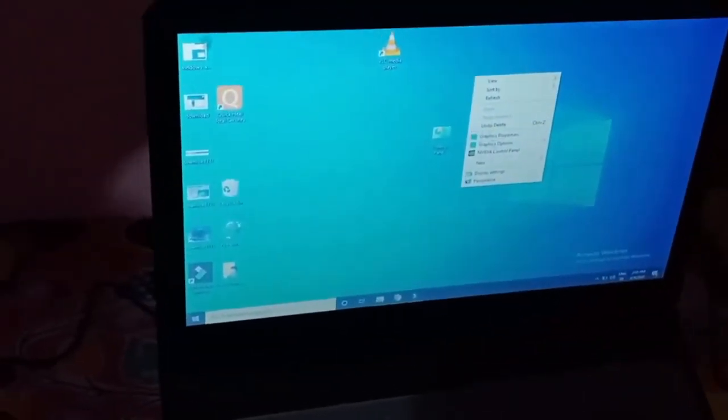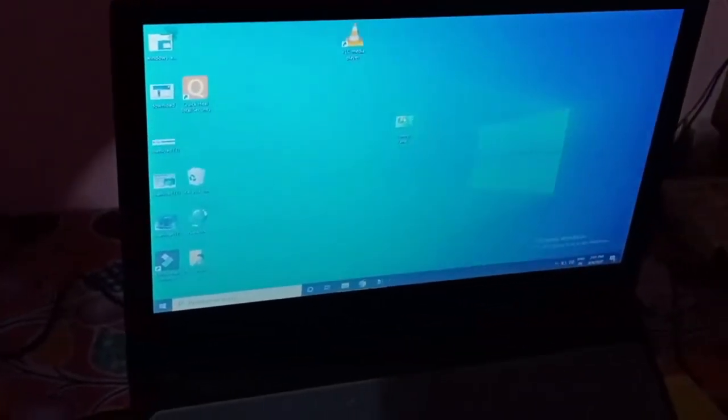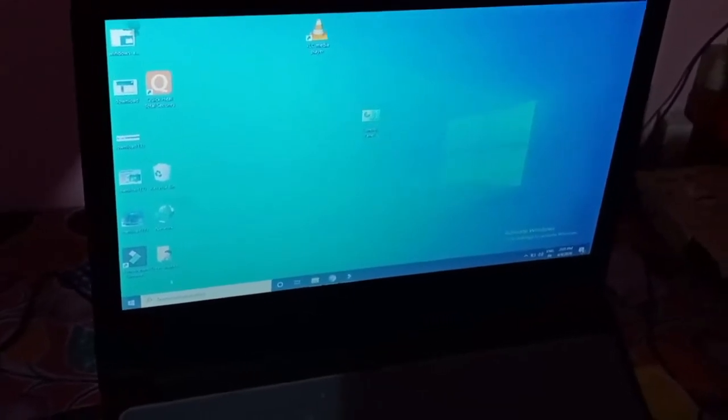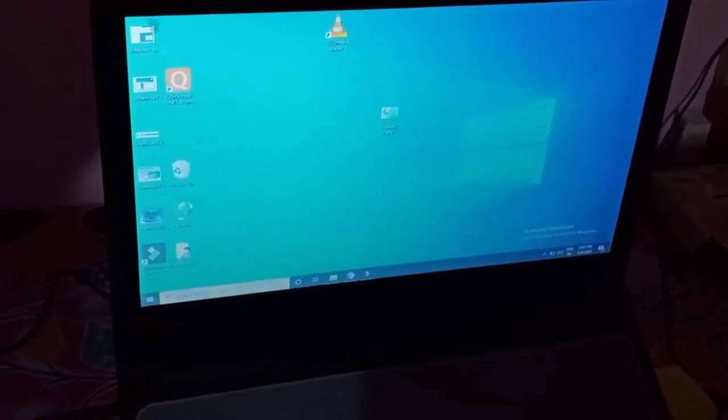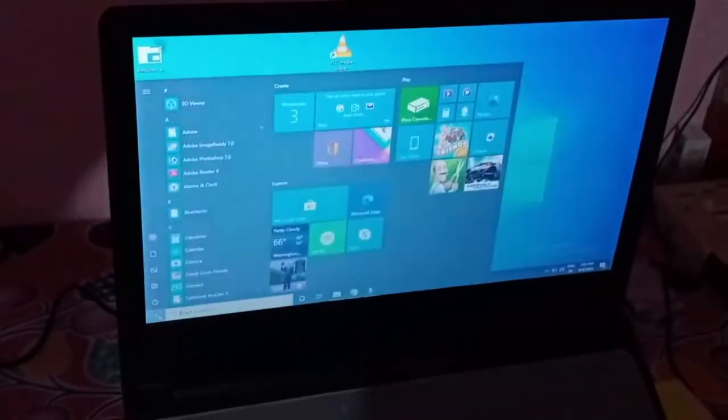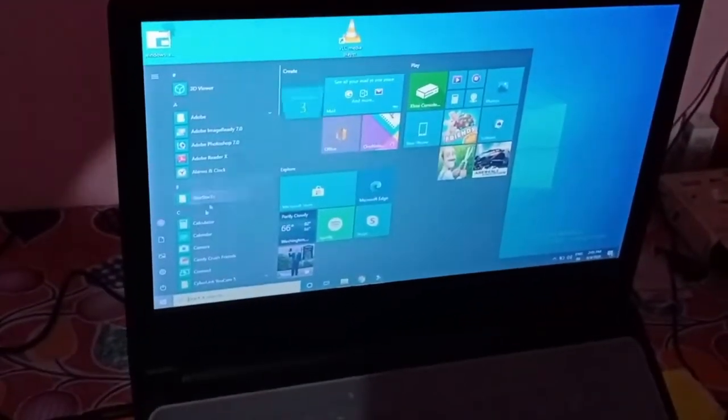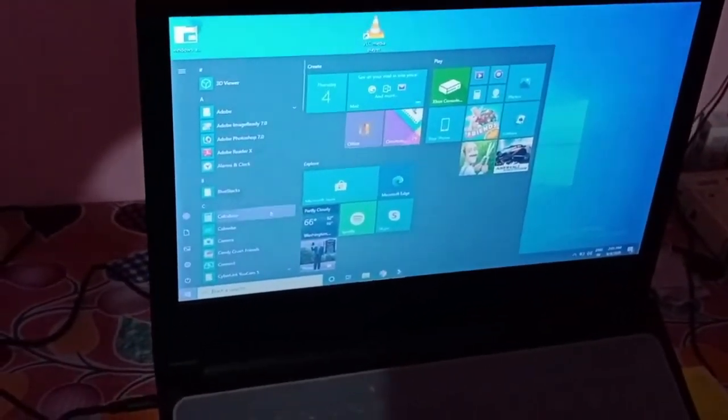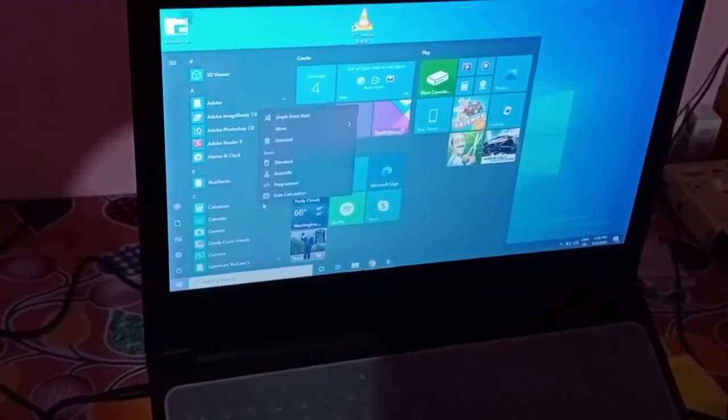This is the desktop, and suppose this is the shortcut, control panel. I open any such type of file. Suppose calculator.